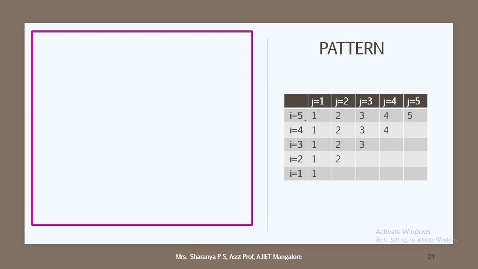Now moving to the next pattern. Here I want to begin with 1, 2, 3, 4, 5 in the very beginning with the I value as 5, and it will keep decrementing, and J will keep incrementing. So how can we write the code? Since we are making use of the decrement operator here as an example,